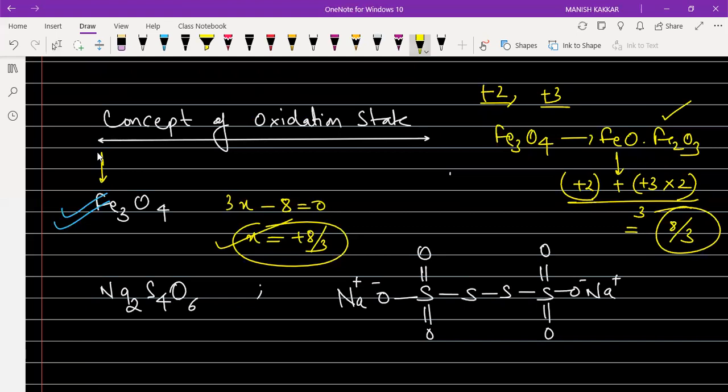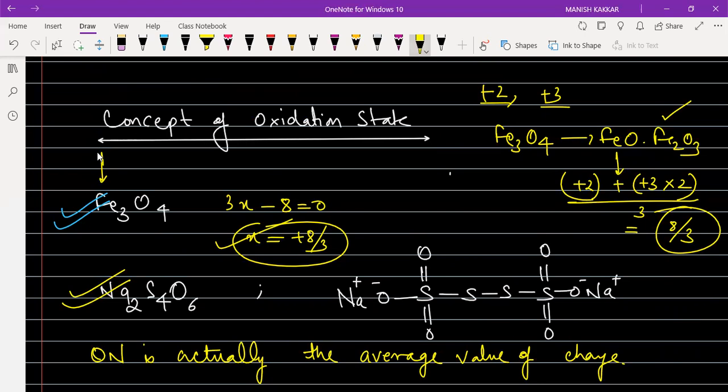तो हमें ये पता होना चाहिए कि जो ऑक्सीडेशन नंबर होता है, it is actually the average value of charge, ठीक है ना।